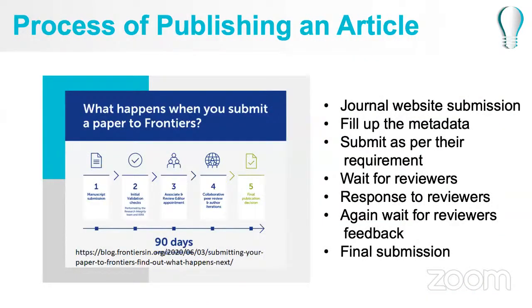Okay, so what is the process of publishing an article? You have to go to the journal website submission. I think now 99% of the journals all over the world, which are major journals, or I can say good quality journals, are all available online. They have their own website, they have all automated procedures. And now what you have to do is just sign up. You have to create your login ID password, and then you have to go uploading the manuscript, right?